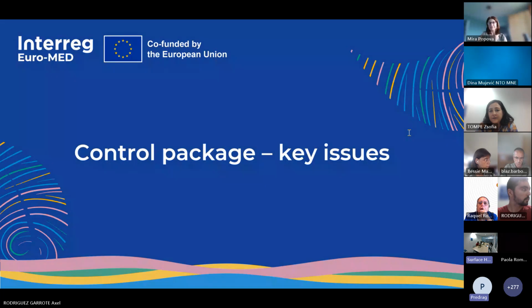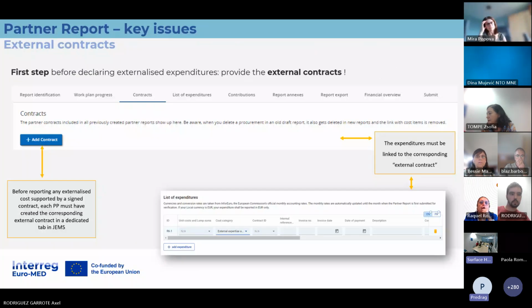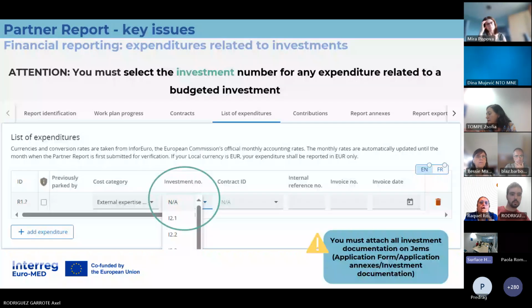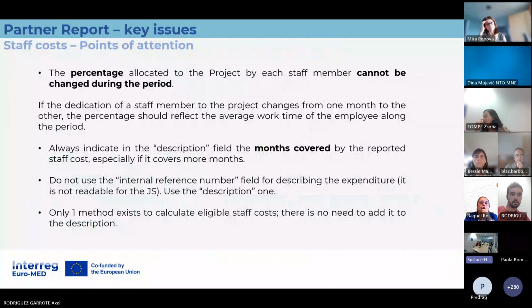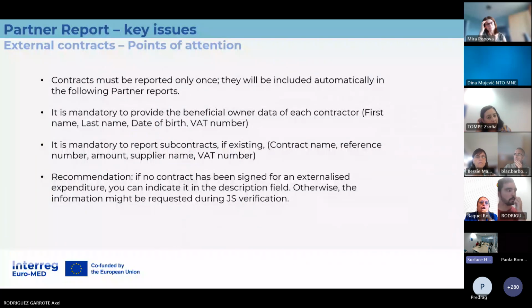Okay, I will answer. They are not obliged to have a VAT number if they are not making their own personal income. If they are director of the company, they need to have the VAT number of the company, not their personal one. In our country, Montenegro, it's confusing a little bit. The contract here, next. Okay, yes, we can go back to the slide also.